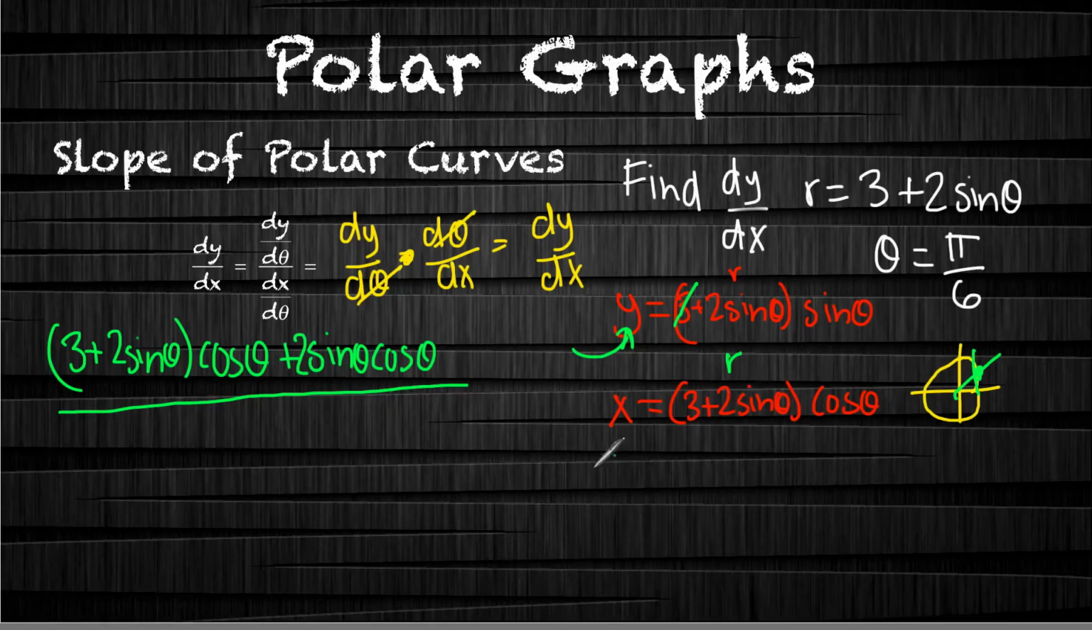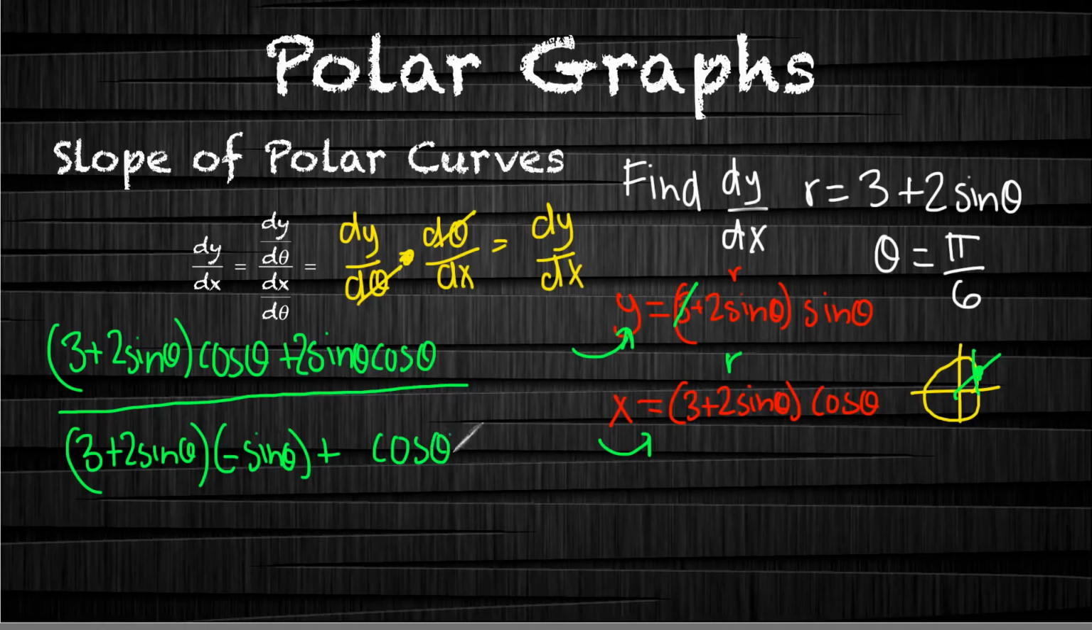So we need to do the same thing with this equation, product rule. So it's going to be the first, 3 plus 2 sine of theta, times the derivative of the second. The derivative of cosine is just negative sine, plus the second, which is cosine of theta, times the derivative of the first, which is going to be 2 cosine theta. And that's going to turn that into 2 cosine squared of theta. And now at this point, this is our dy